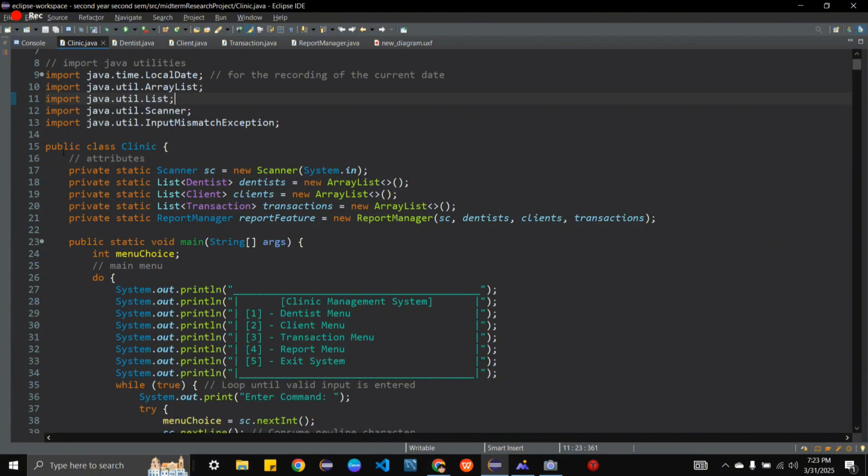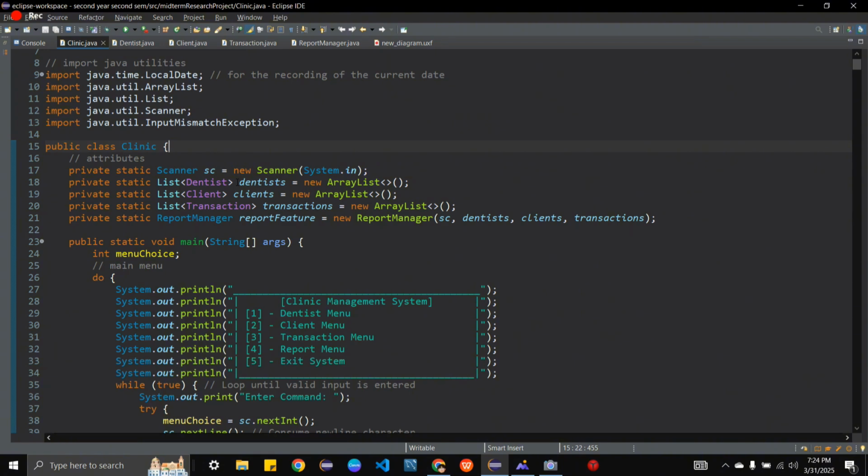So for our public class Clinic, we have here 5 different kinds of attributes which have an access modifier of private, meaning they are not accessible to any other classes. They are static so that they are accessible to other methods here in our main program. So we have here Scanner sc equals new Scanner, which means instantiation, or creating an object, Scanner, to receive any kind of user input.